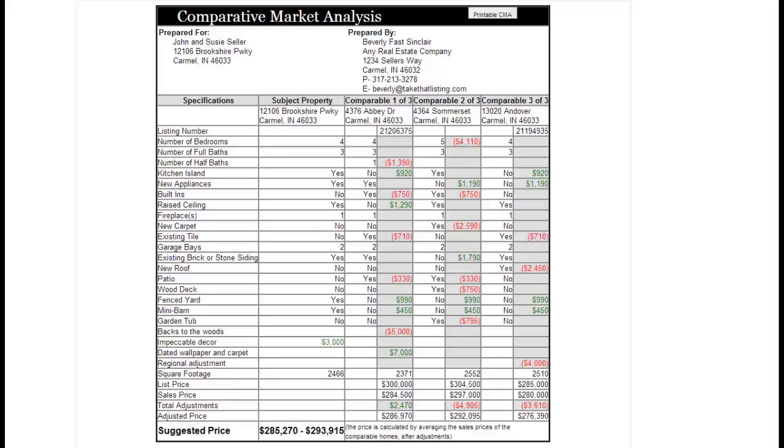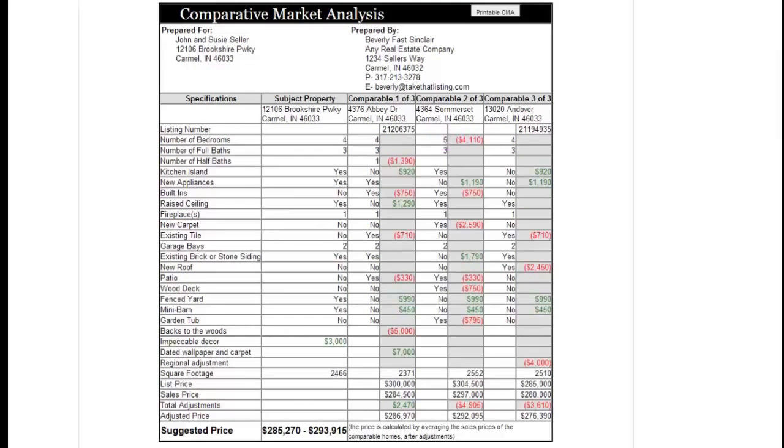When presenting the spreadsheet to a seller, it's best to explain it like this. Mr. and Mrs. Seller, we've looked at the features your home has here in the subject property, as well as the three closest comparables, number 1, number 2, and number 3. What our system does is change the value of the comparable homes on paper to make it match your home's features. For example, you have 4 bedrooms, as does comparable number 1 and comparable number 3. However, comparable number 2 has 5 bedrooms. To make this house match your home's 4 bedrooms, we will subtract the value of the 5th bedroom by